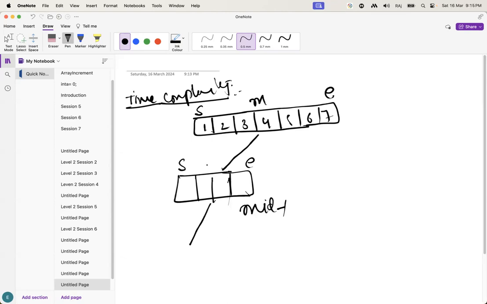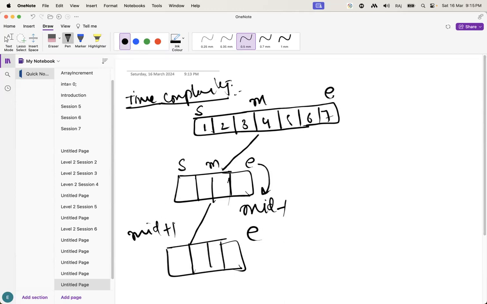Let's suppose here we got a mid. Now what happened? Start is going to be mid plus 1. We can say mid plus 1, but end is not going to be changed here. Understand, here end value is mid. Like that, what is happening, guys? Here every time